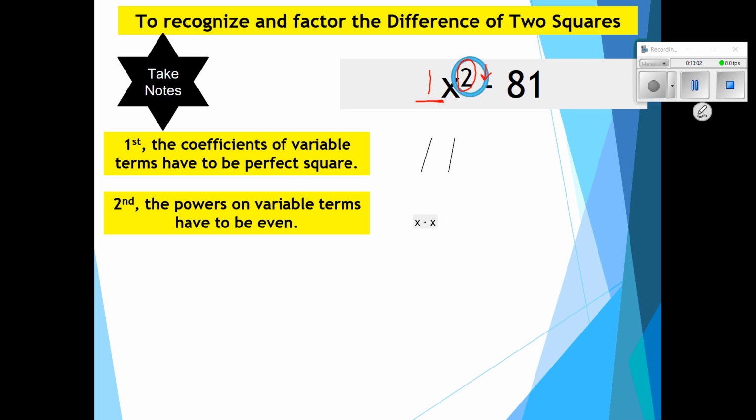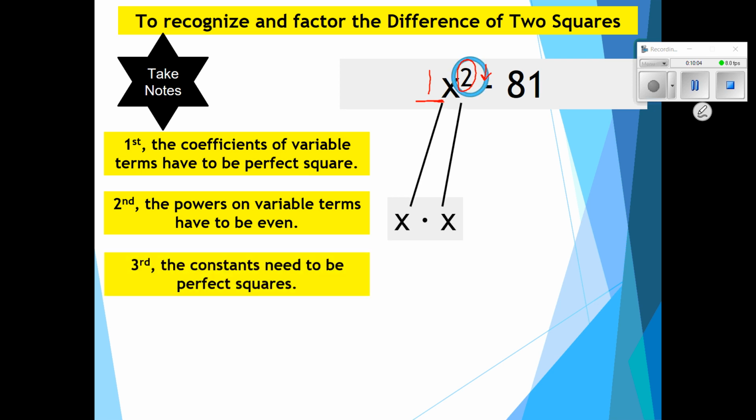And then we have to check also to see that the constant, or whatever number you have without a variable, is also a perfect square. 81 happens to be a perfect square, 9 times 9. Because this checks as the difference of two perfect squares, we can factor it by simply saying, what is the